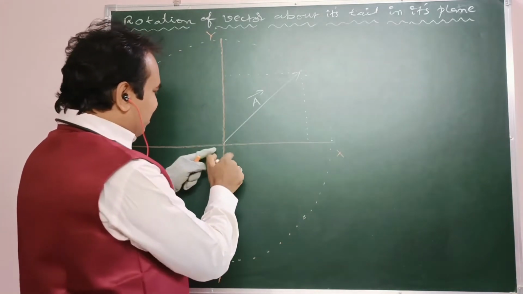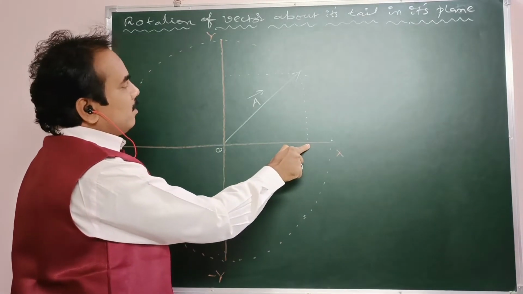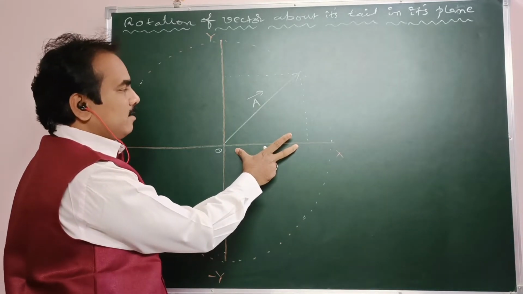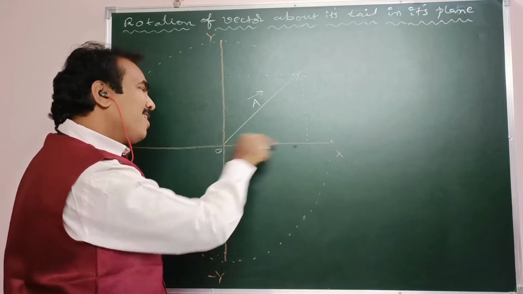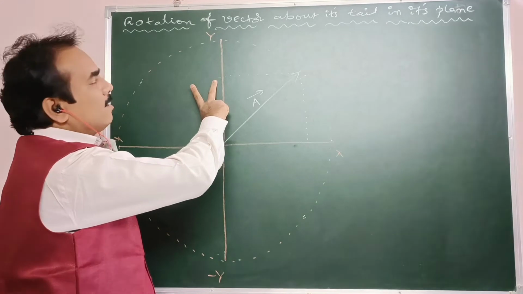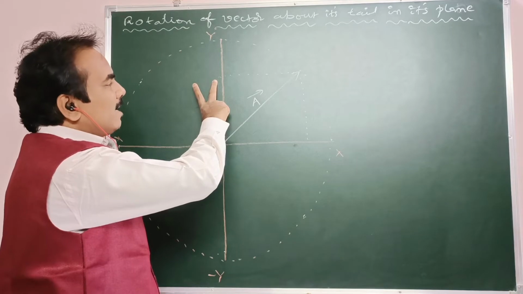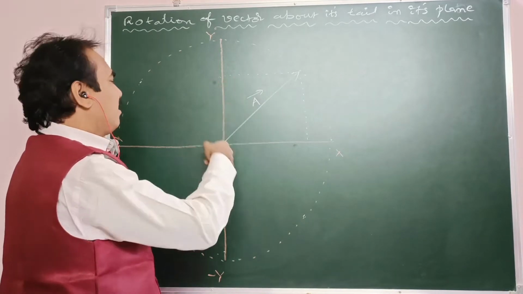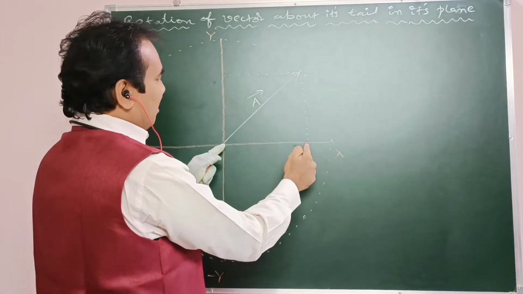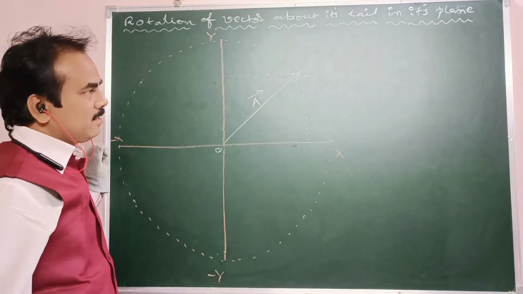Right? From here, suppose this is the origin. From the origin to this intersection is nothing but the x component of the vector, otherwise the projection of the vector, otherwise the magnitude of the vector along the x-axis. Similarly, from here to there, this measurement is nothing but the magnitude, otherwise projection, otherwise the length of that vector along the y-axis. See, this is the x component, this is the y component. Otherwise, this is the x projection, this is the y projection. Right? X and y projections like that.